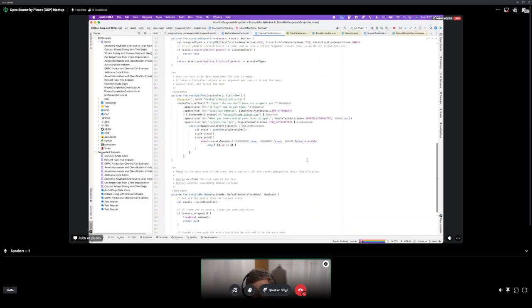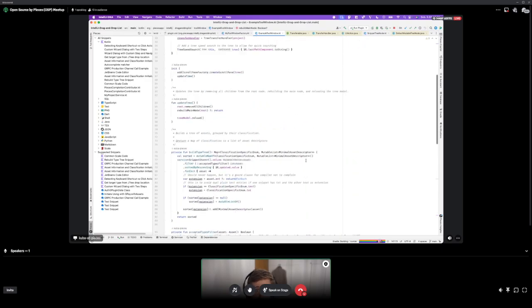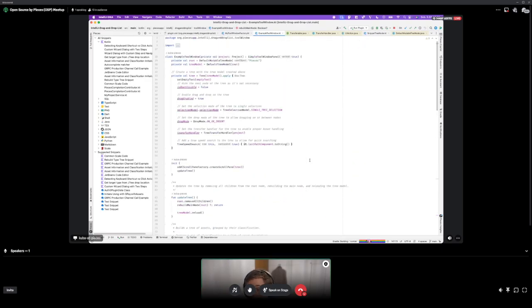And so right now we have this tree configured, but this part I've talked about so far is responsible for just displaying that data, right?